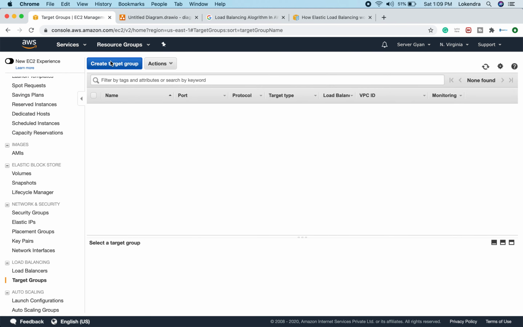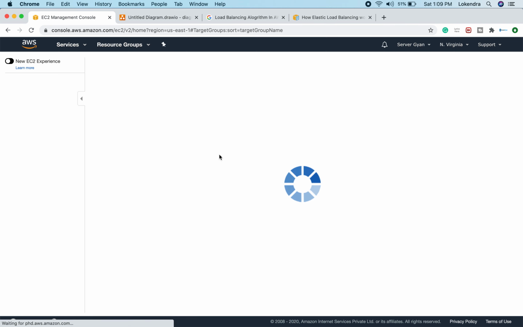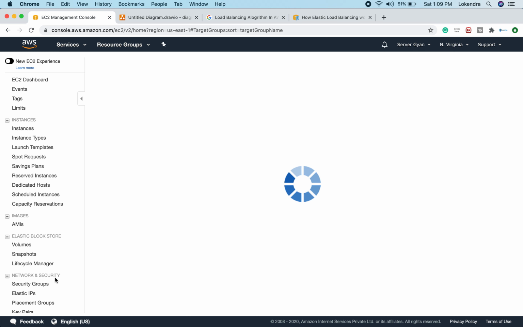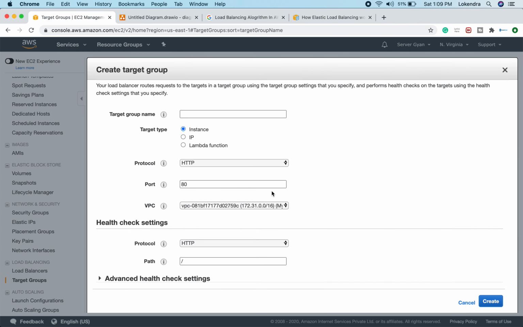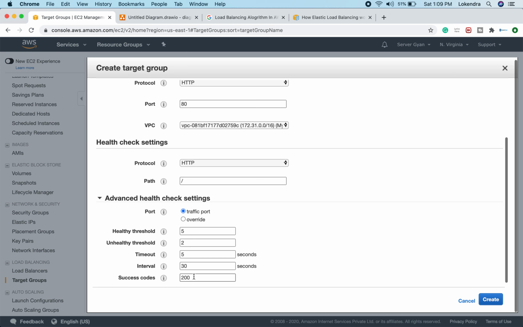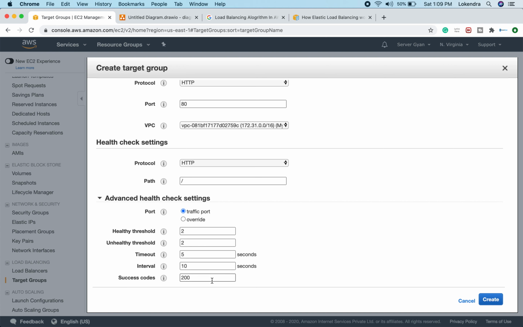So first of all, let us create three target groups here. I'm going to create three target groups just to ensure that we have proper infrastructure to set up the particular components that we are going to create, in a practical manner. So I'm going to say TG1. This is going to be my target one. Port 80, everything we are going to keep as it is. We are going to have healthy threshold as 2, interval as 10, and response code is going to be 200.